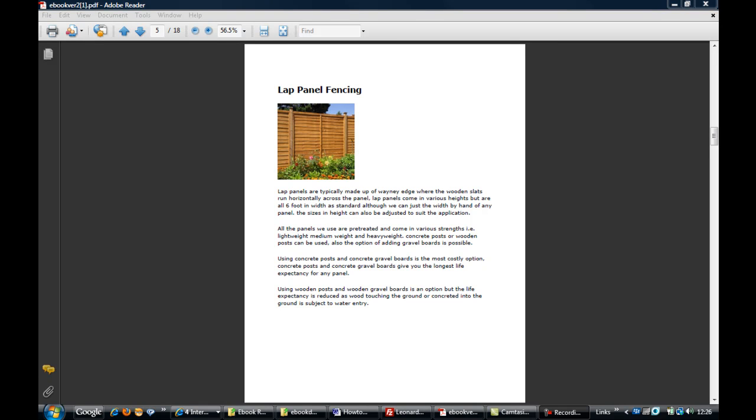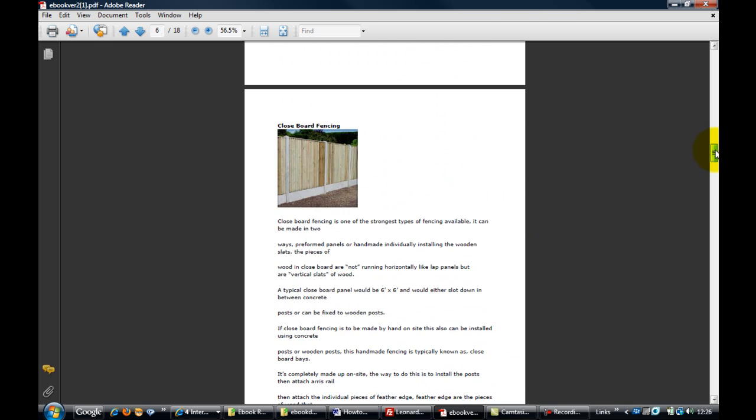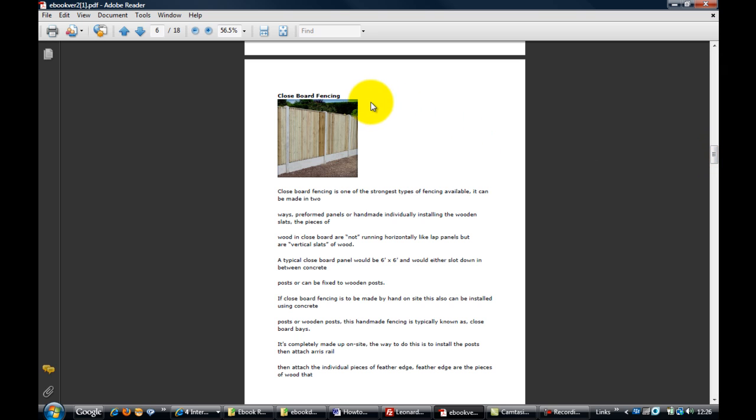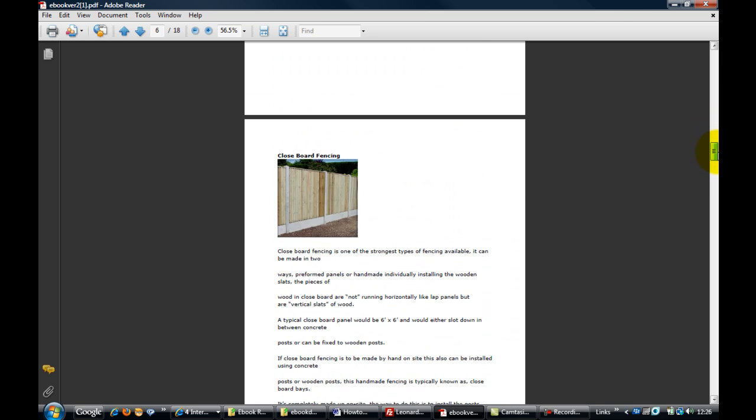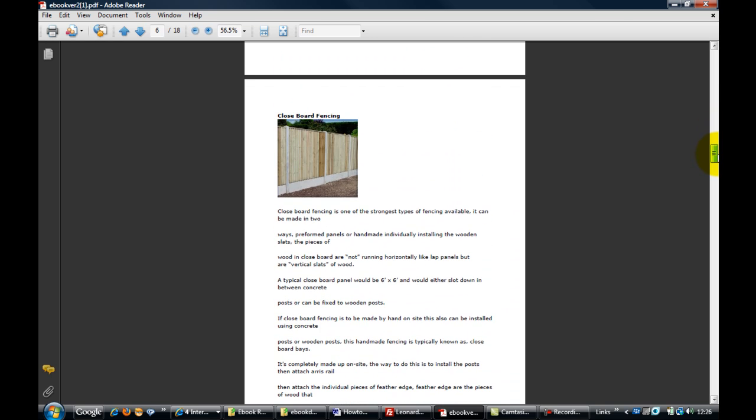We're just going to look at the formatting of a section of this ebook. As you can see, we've got this lap panel fencing, we've got the photo here, and we've got some nice paragraphs explaining the text. Now, when this information was pasted in, first of all, we've got closed-board fencing up there. As you can see, it's not an effective title for this section, so we're going to sort that out